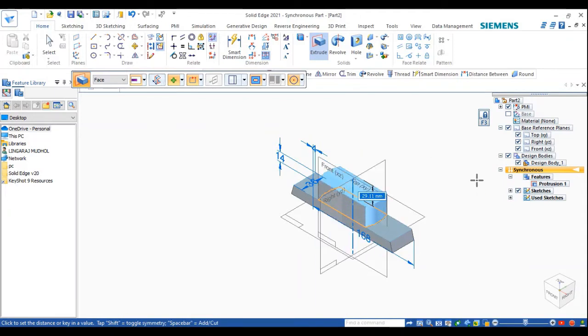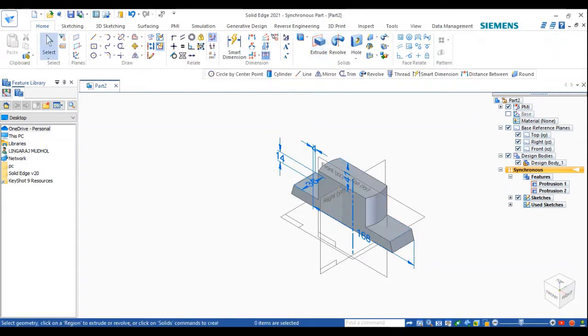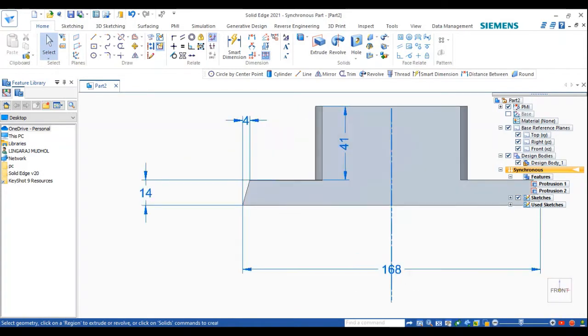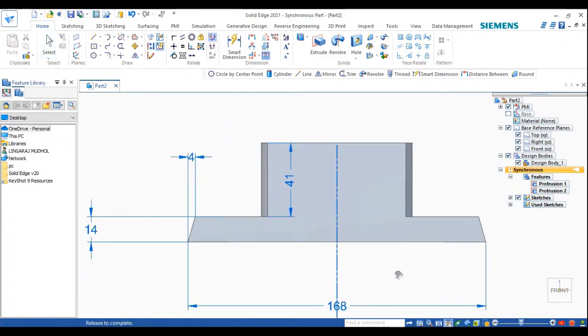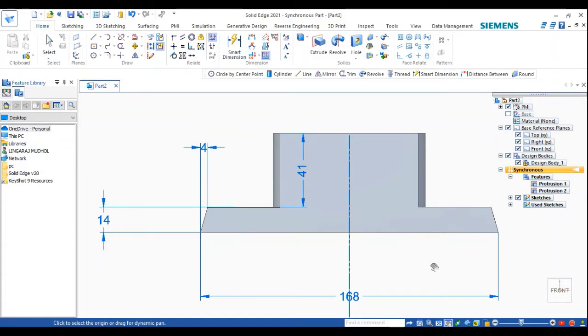See, the total length of the body is 55. So we already took the base length as 14, so 55 minus 14 will be 41. You can see here. See, you'll get this one, this much. So next